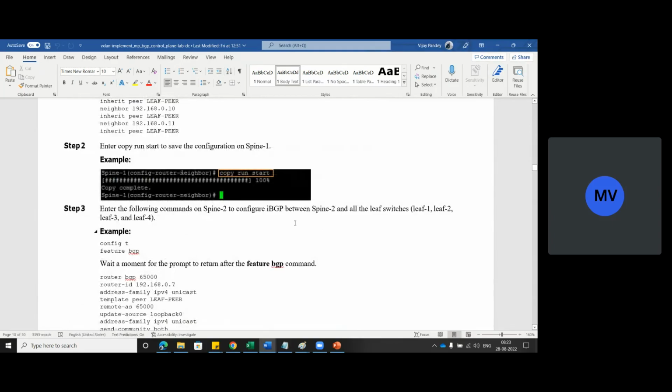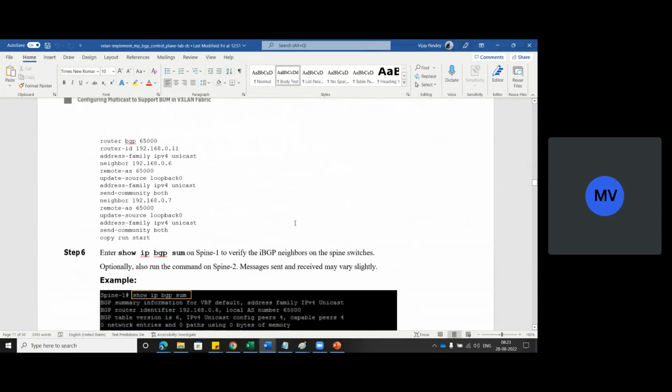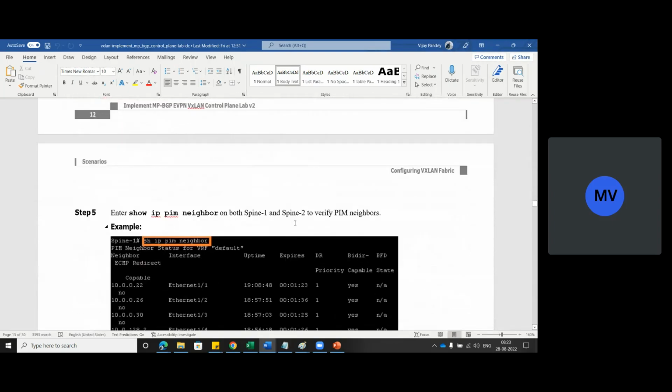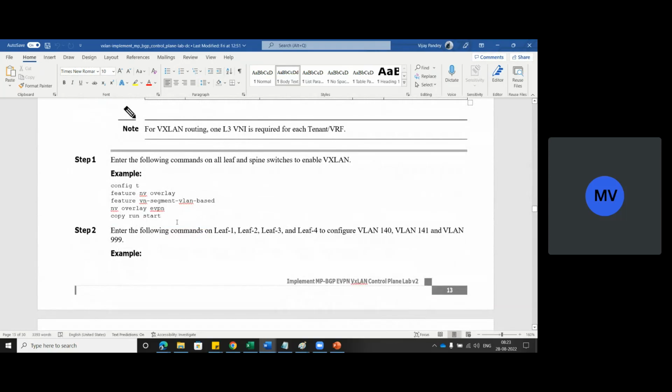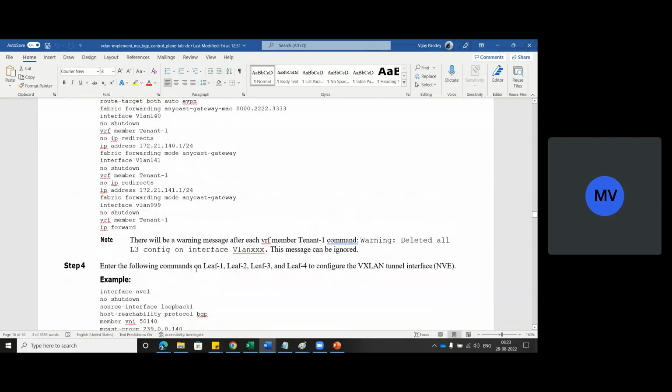Then I have to enable EVPN here. Just give me a second. The ping is done. Router, this is done. This is already enabled for leaf switches. So for leaf switches, we do not have to worry about the EVPN feature. For spine switches, we have to